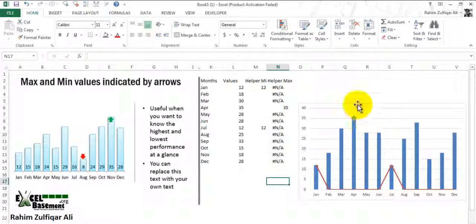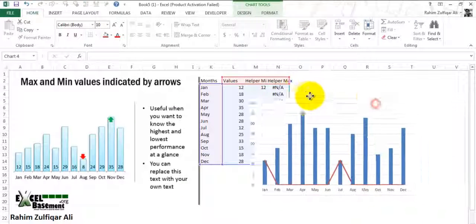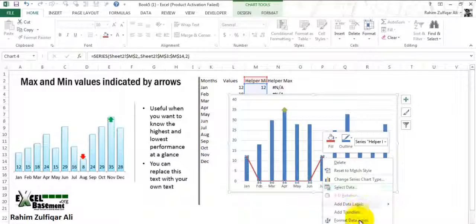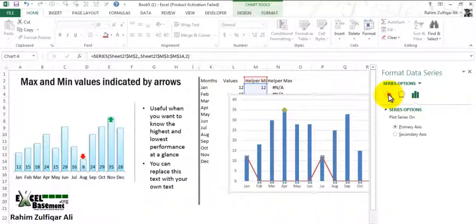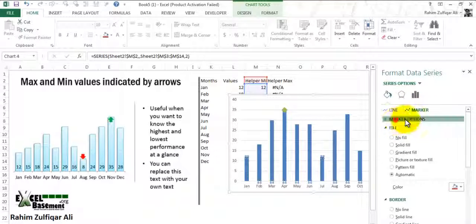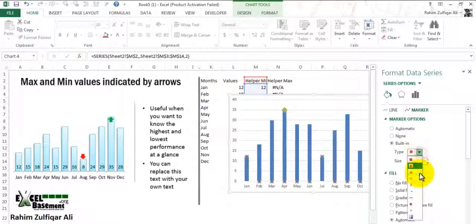We will do the same procedure for the minimum also. Click on the series, right-click on it, go to Format Data Series, and in the Fill and Line options choose no line, and in marker options choose built-in type, let's say a triangle.